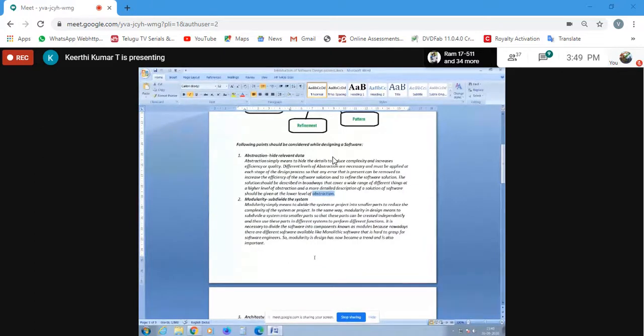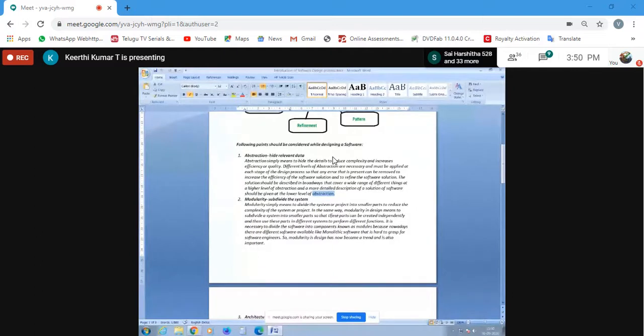If there is a huge chunk of data and they want to call some functions in it, it gets a little difficult, a little complicated. You see here, modularity in design means to subdivide a system into smaller parts so that these parts can be created independently.